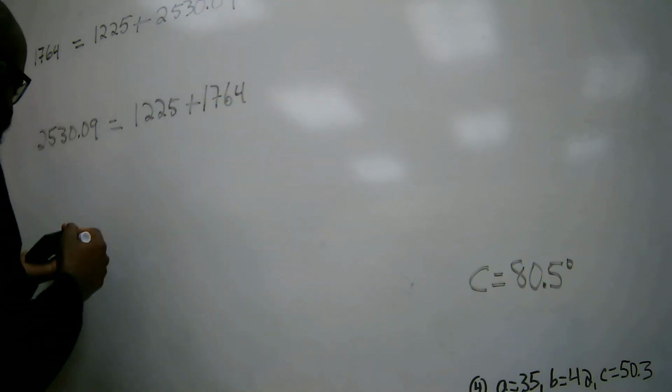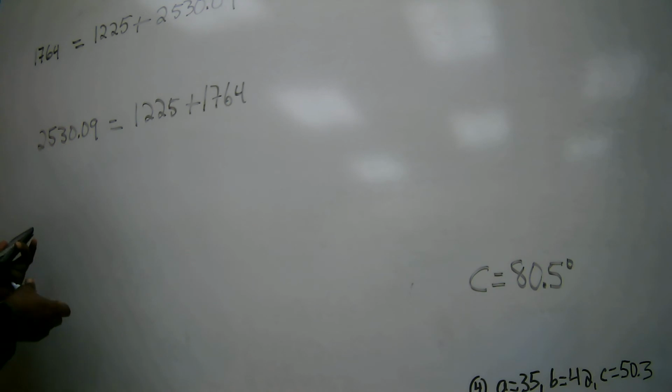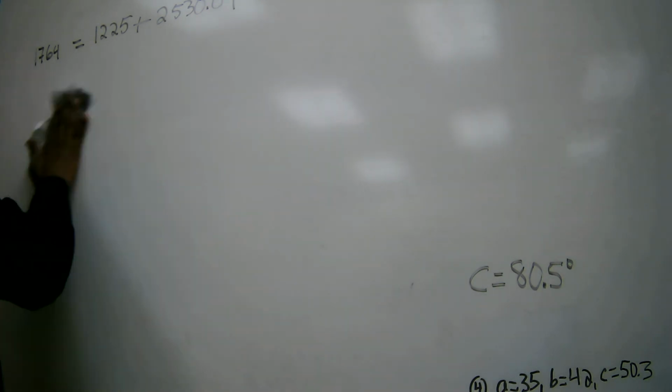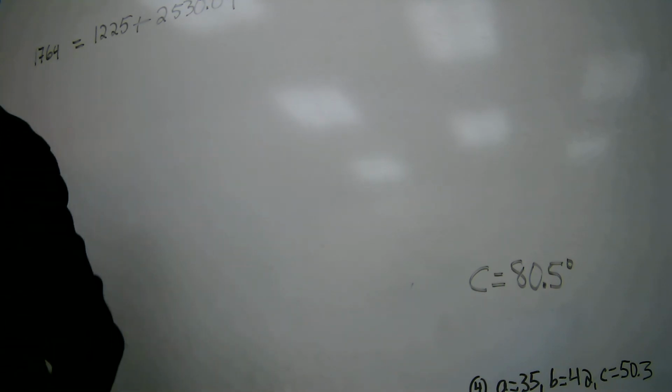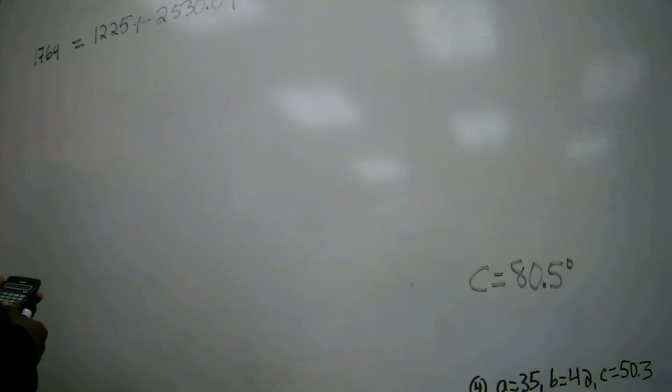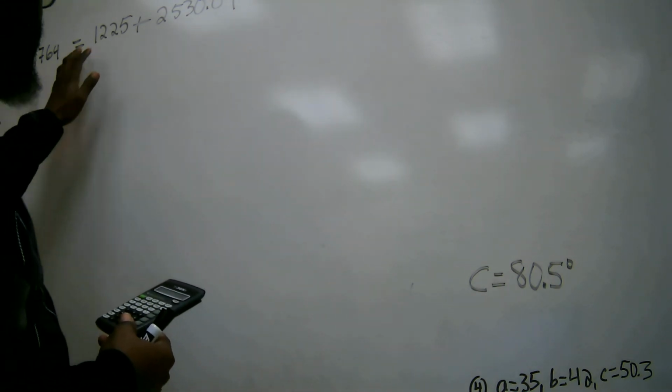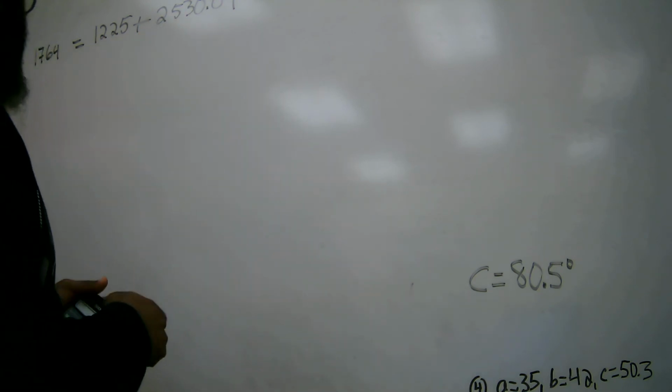That is the reason I did not erase them. Now I'm done with this part, then I can erase them. So, right. This is my B squared, this is my A squared, this is my C squared, minus